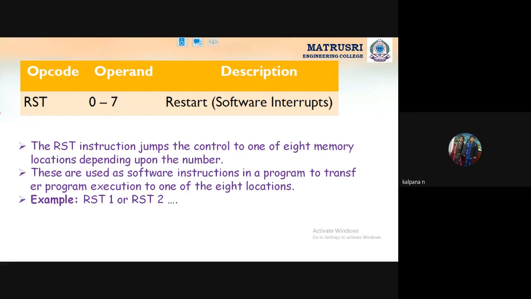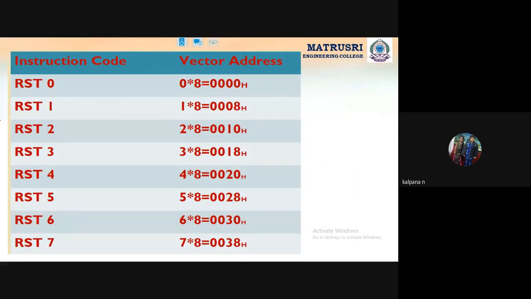Interrupt means a break or delay in the program. One instruction is given, then another, and one more. But if we want some gap, some halt, some break between the execution of 1 and 2, then we place RST 0 there. That is one interrupt. We have RST 0, RST 1, 2, 3, 4, 5, 6, 7, so 8 software interrupts and 5 hardware interrupts.